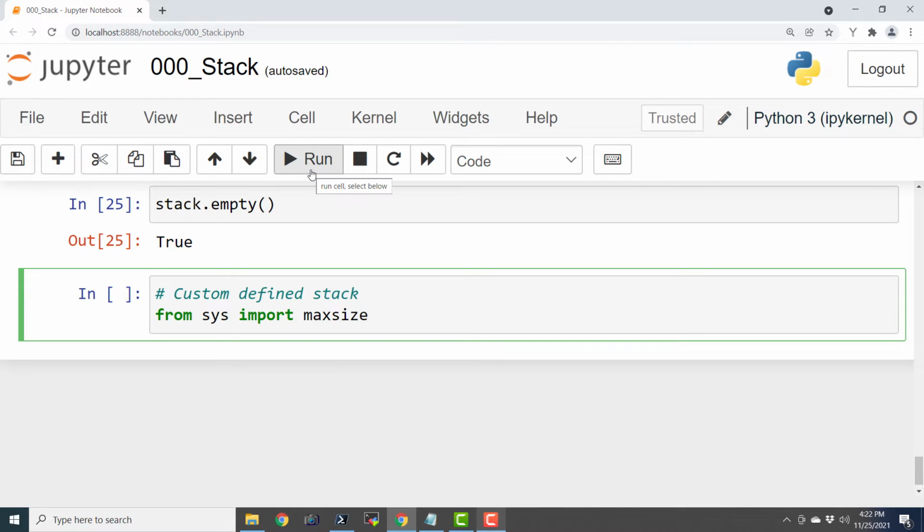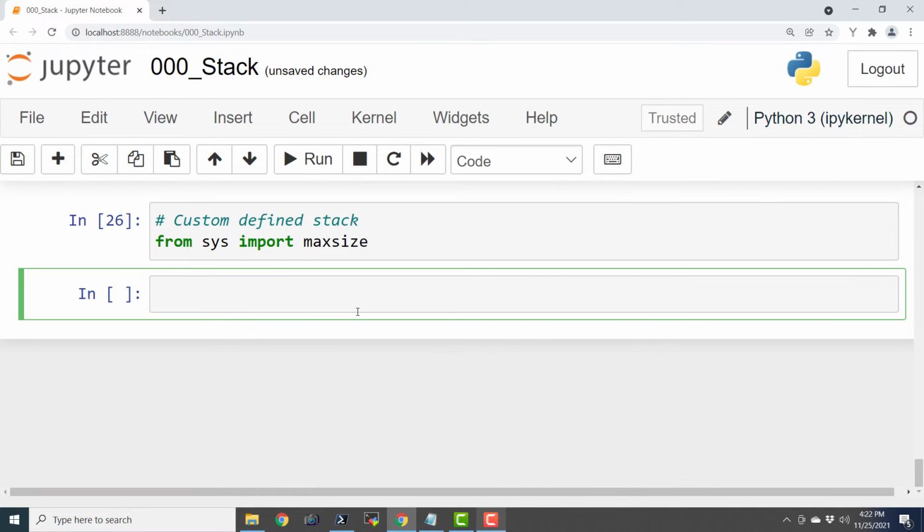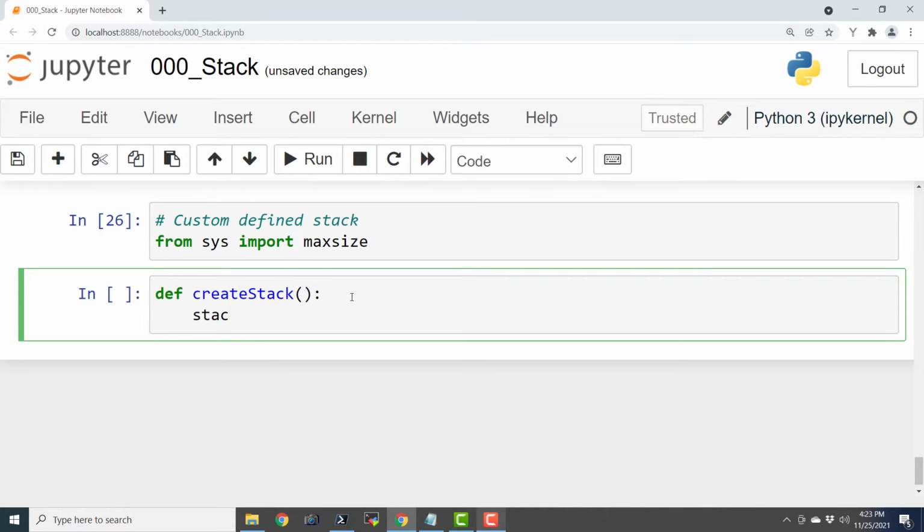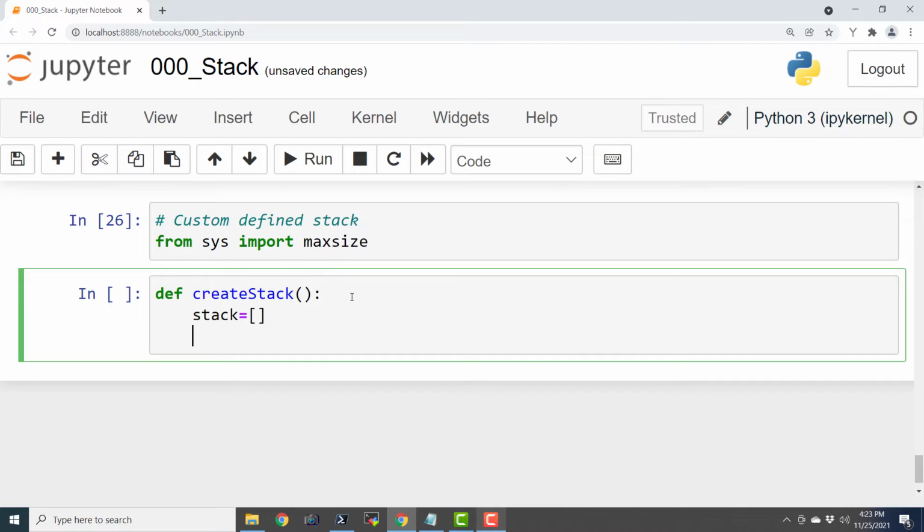So let us see, actually, we can't explain it in words before we code. Let's execute it and let us define a stack. Create stack: stack is an empty list. So basically we are using the built-in data structure list for defining the stack. Let's say return stack. Here we are returning the stack.